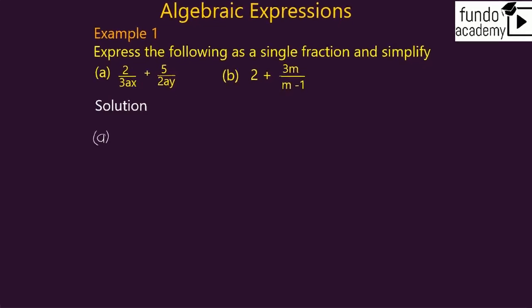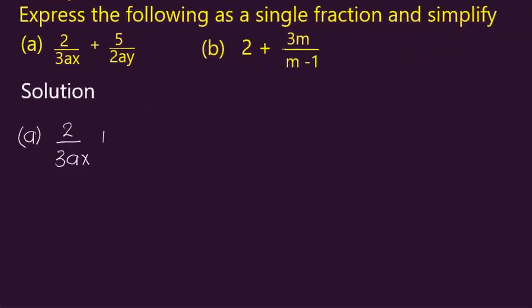Alright, so this is my part A. We have 2 over 3ax plus 5 over 2ay. The key thing here is you have to look for the LCM of the denominators. Now we covered that in another topic before. So if you have your 3ax and your 2ay, looking for the LCM, the LCM will come out as